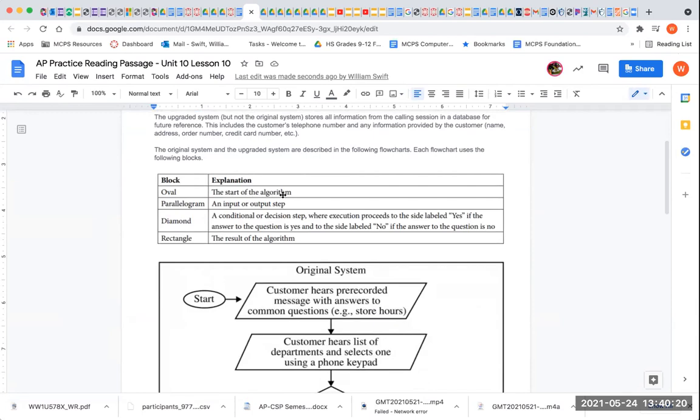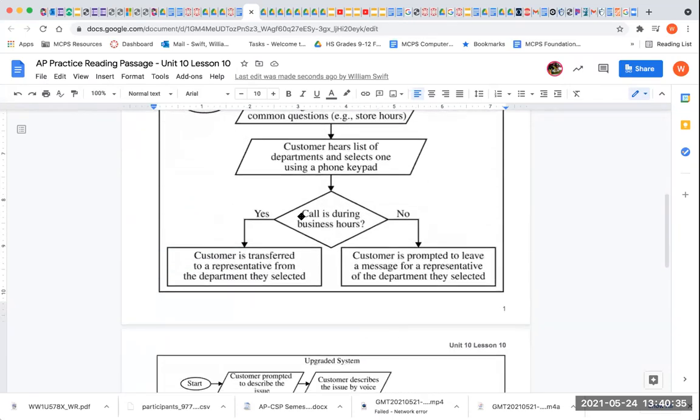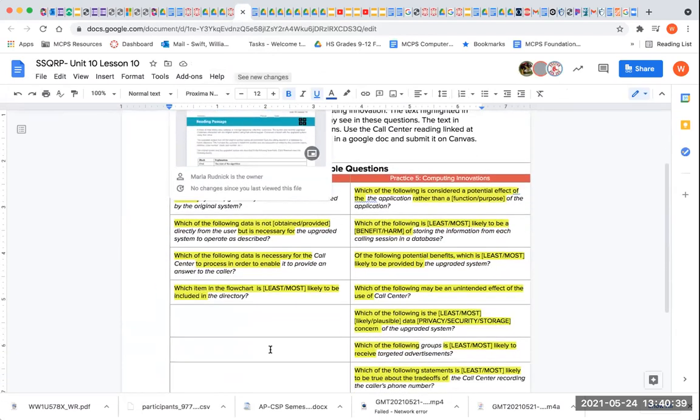The oval is the start of the algorithm. The parallelogram is an input or output. Diamonds are always going to be choices, if else, yes on one side, no on the other. The rectangle at the bottom is the result. So you have this series of questions. The ones that are really confusing are like, which item in the flow chart